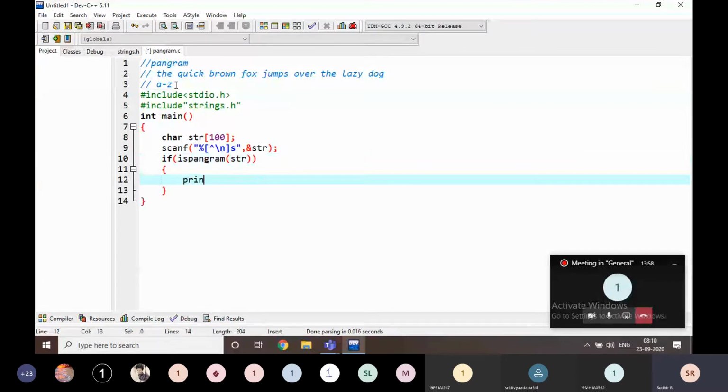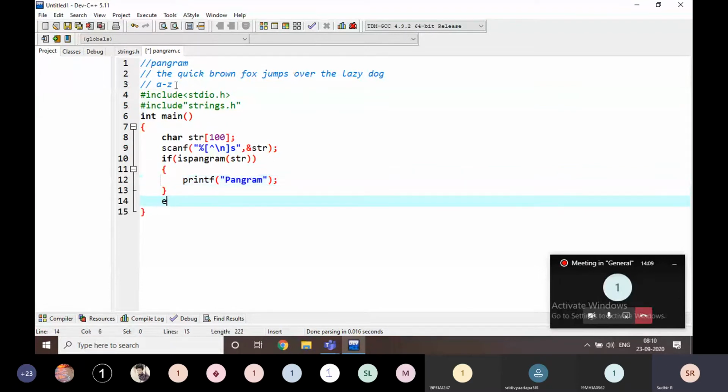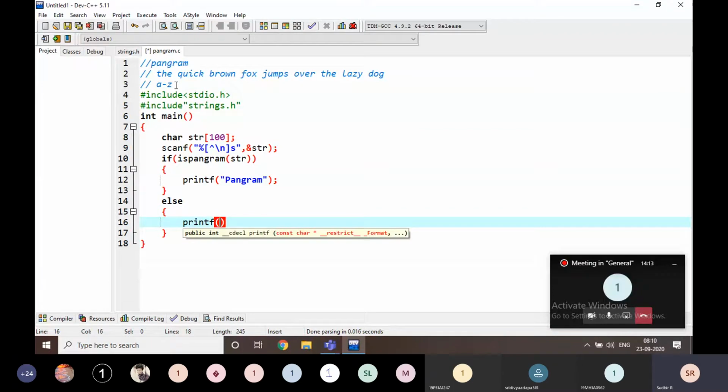That's it, simple. If it is okay, I'm going to print pangram. If it is not true, it is going to be like this.